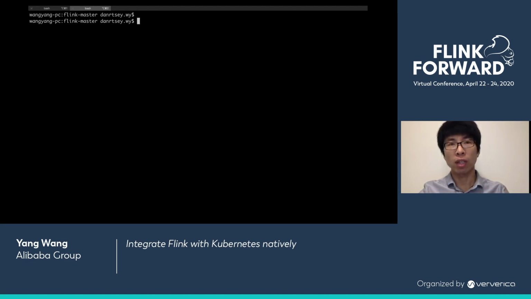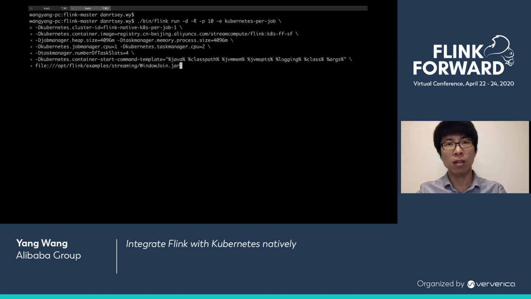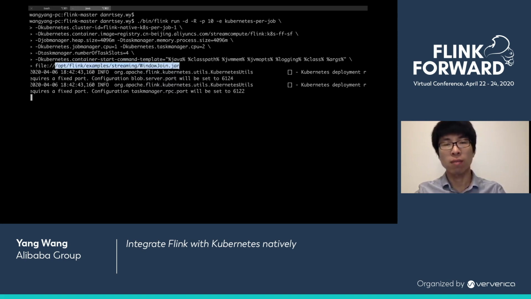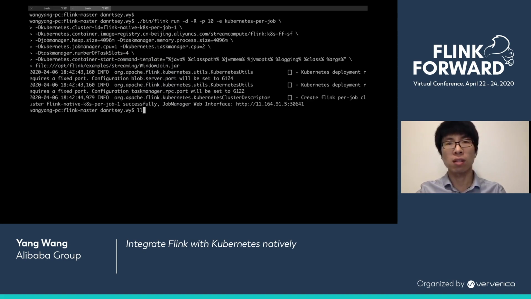Second, we come to the application job. The arguments are very similar to the session job. The difference is about the user jar. It is baked in the image, not located on my local machine. We could check for that. After the job is